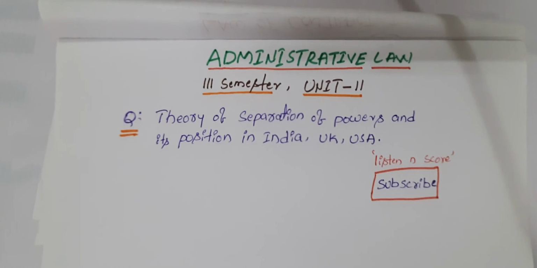Article 1 of the USA Constitution says, all legislative powers herein granted shall be vested in a Congress. Article 2 says the executive power shall be vested in a President. Article 3 says the judicial power shall be vested in one Supreme Court. The Supreme Court of America in